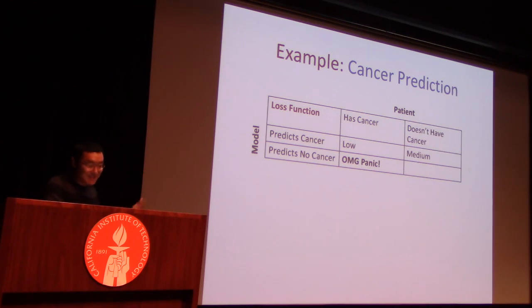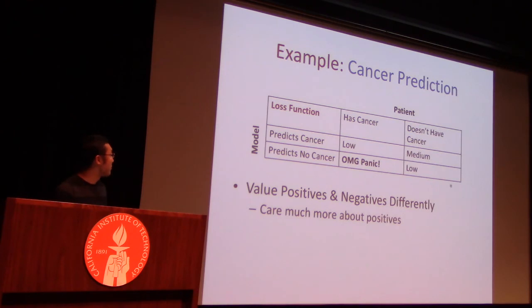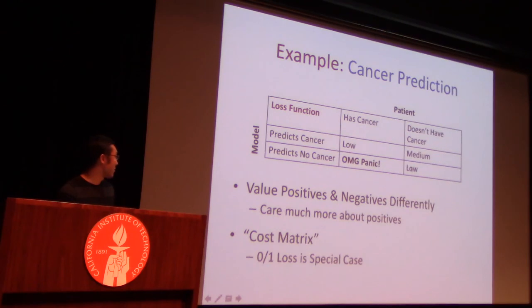If the patient has cancer and we predict they don't have cancer, that is a horrible misprediction, right? And if the patient doesn't have cancer and the model predicts doesn't have cancer, loss is again low, probably 0, right? For 0-1 loss, we view the off diagonals as having equal penalty. 0, 1, 1, 0 would be the cost matrix of classic 0-1 loss. And here it's something else. So 0-1 loss is a special case of a more generic notion of a cost matrix,